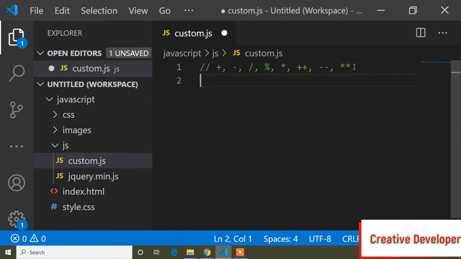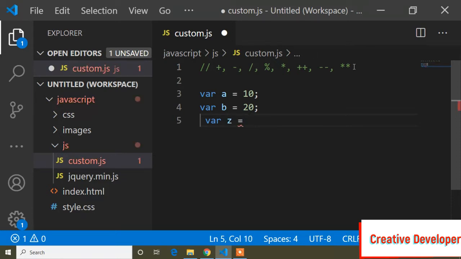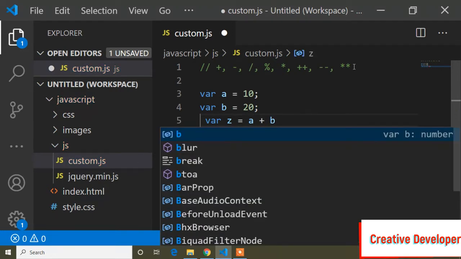So guys, suppose here I write var a equals 10. In the previous tutorial I showed you how to declare a variable, and in the same way I write var b equals 20. And now another variable, var z, and z equals a plus b.